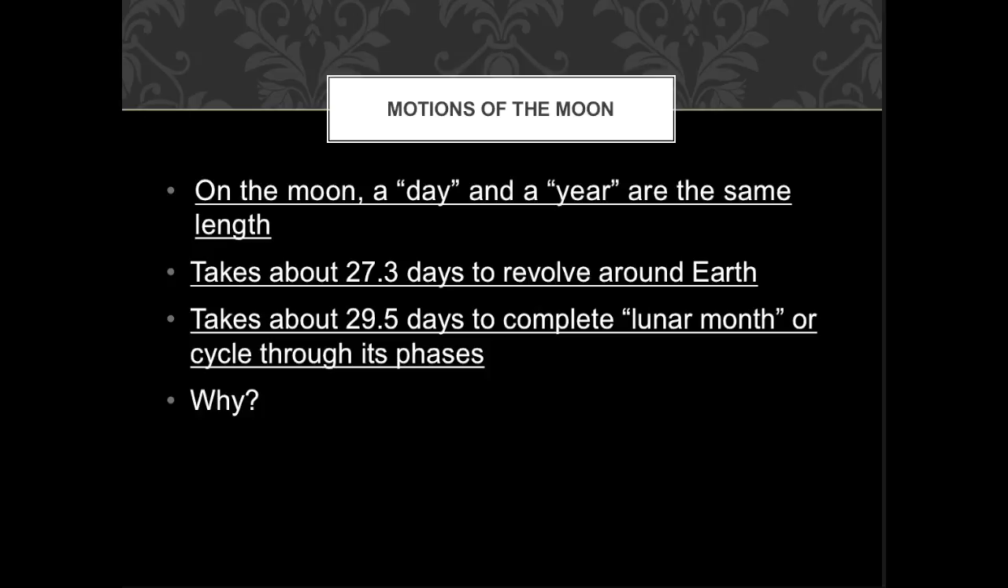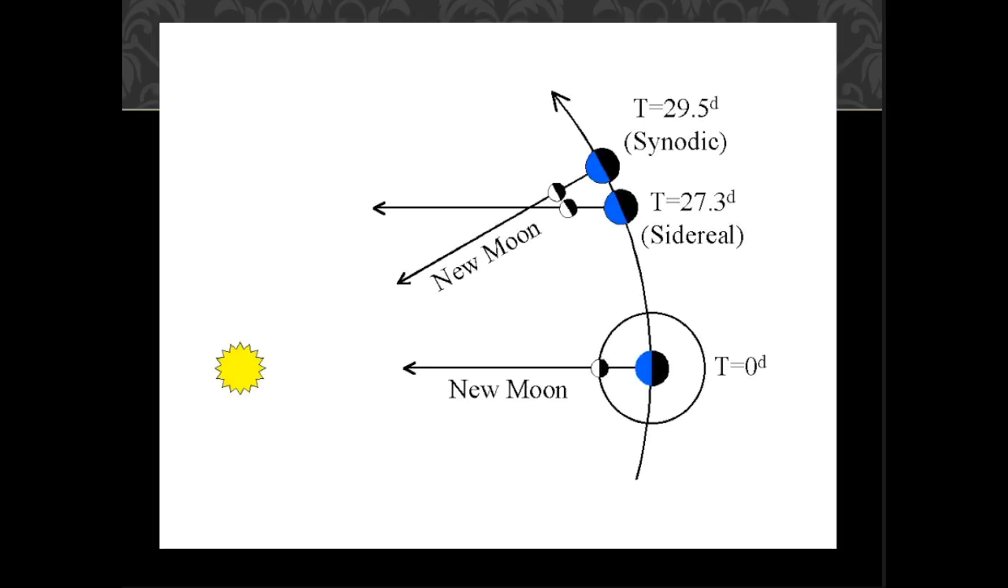But one thing that's unique is that it takes 29.5 days to complete a full cycle of phases. So even though it takes 27.3 days to circle around once, it takes 29.5 days to go through the phases. The reason why is because as the moon is circling around the Earth, it is also circling around the sun. So what that means is, relative to its starting point,